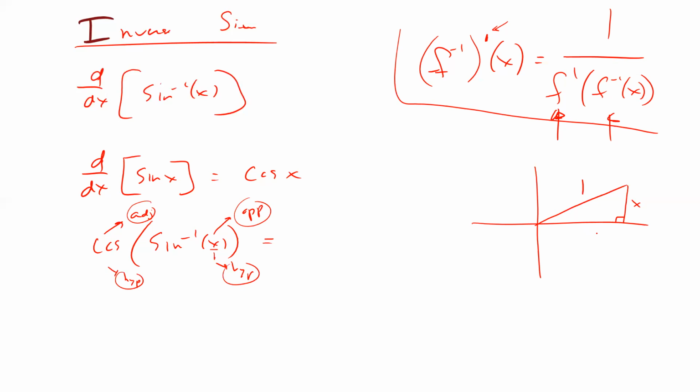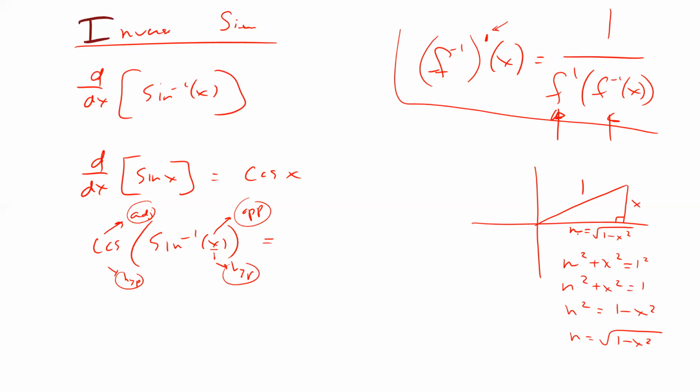Absolutely. If we want to, I'm just going to put n for the third side. I'm going to solve for n. So I know the Pythagorean theorem says n squared plus x squared is equal to 1 squared. I'm going to subtract x squared from both sides. And I got myself this right here. I put a plus sign because it's an actual length, right? It's a length of a triangle, so I don't need to put a negative. So that little piece there is the square root of 1 minus x squared,